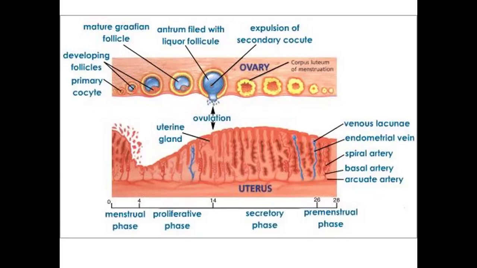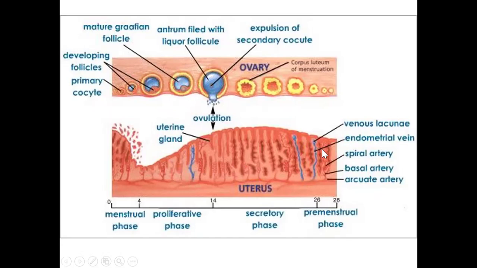If it is less than 20 days, that is too short, and if it is more than 45 days, again it is considered too long and that is again an abnormality. Otherwise, the normal average duration for both the ovarian cycle and the uterine cycle is 28 days. These two cycles, occurring in the ovary and uterus respectively, are commonly known as the menstrual cycle.